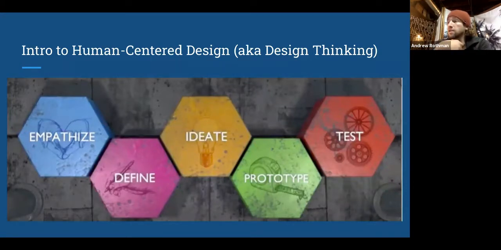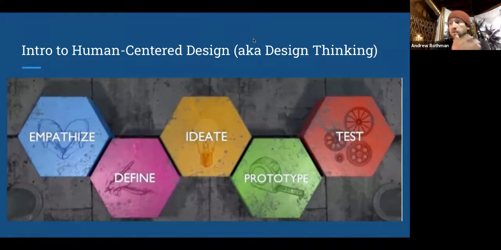So putting yourself in the shoes of your user, and kind of like anticipating what their experience is going to be, defining a problem or a challenge that they're having, ideating, which is brainstorming a lot of different potential solutions to the problem, prototyping, which you've done many times, which is building a sample or something we've called an MVP, so a minimally viable product, such that you can show off the solution, or someone can interact with the solution to give feedback, and that's sort of related to testing.